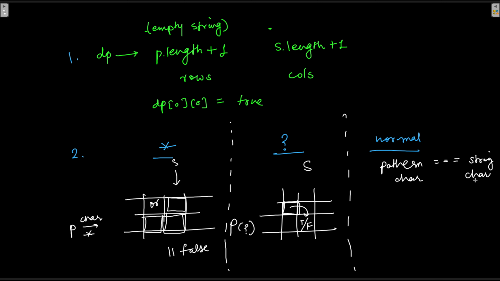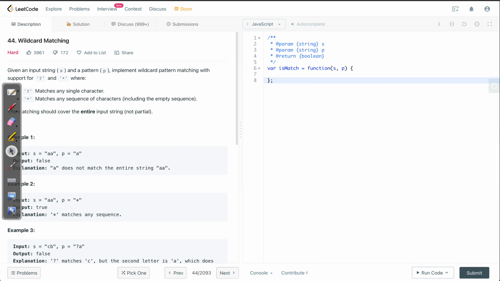So if both are equal, then only we go to the same case, the question mark stage, where we go diagonally to this column and this row and check what is the value stored there. If it is true, then it is true. If it is false, this is going to be false. And if in the very first check it is not true, then by default it is going to be false here. So these are all the cases that you needed to know, and with this knowledge we can go back to our coding board and start coding.